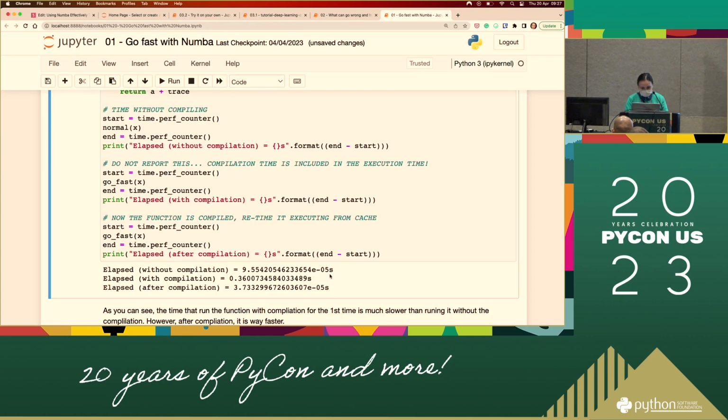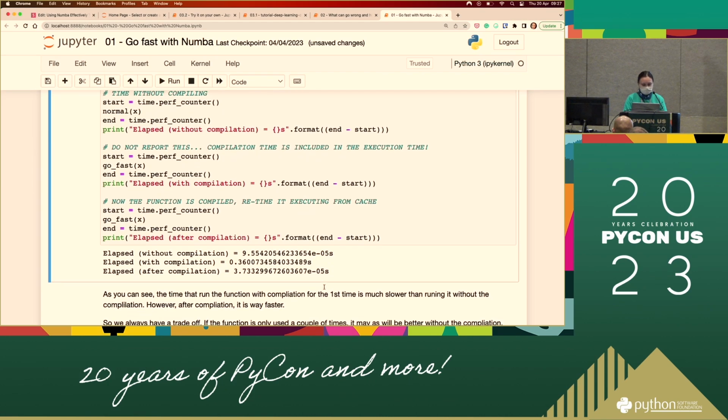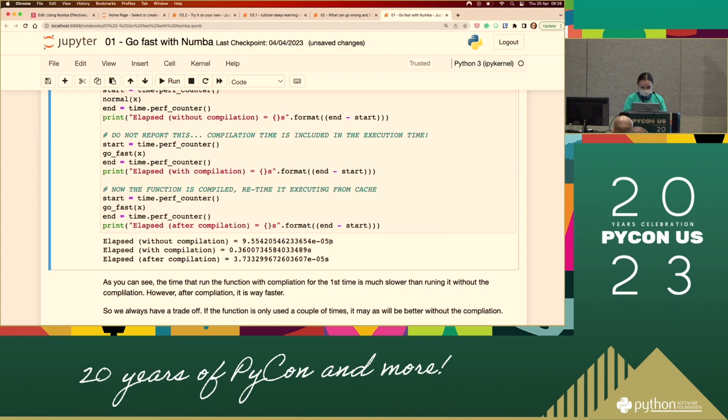You can see they are at different orders of magnitude. So be careful when we do this kind of experiment. Be careful of what scale you are looking at. You can see the first one and the last one. Actually, they're comparable, but the last one takes about a third of the time. Maybe half. Let's say it's half the time, which is double the speed. But the one in the middle is the puzzle that we have, right? Why is this one so slow?